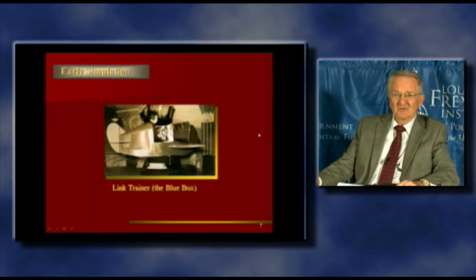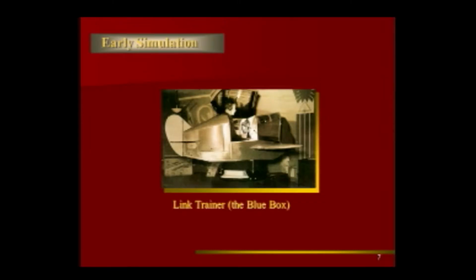But the earliest of flight simulators, modern day, is really the Link Trainer, invented by Ed Link. And you can see this is the blue box, as they called it. It had a rudder on it, it had wings, which really didn't serve any purpose, but it kind of made the pilot feel like they were getting into some kind of an airplane. A hood would come down, and they could practice instrument flying without leaving the ground. And this would move in 3 degrees of freedom, X, Y, and Z, for those of you who are mathematically inclined. And they could experience flight. They would have a radio control telling them what to do, essentially. And they could communicate with a simulated radio station.